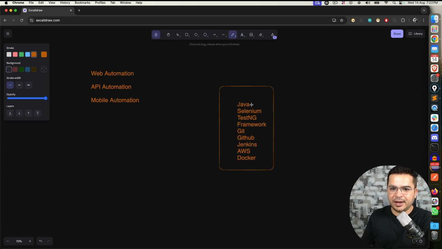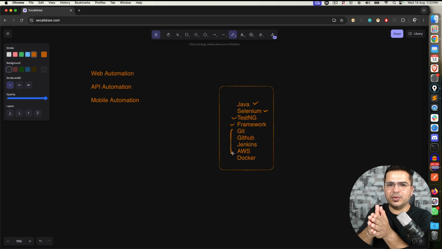So once you move to API, this will remain the same. This will change to Rest Assured. Your framework will change, but Git, GitHub, Jenkins, AWS will remain the same. So when you switch from web to API, it will be an easier transition. You will be able to connect most of the things. So as a fresher or someone who is completely new to automation, start with web automation, then move to API. At the last, you keep mobile automation. Web and API, both are mandatory. There's no optional skill. You need to learn both, create a roadmap and learn both. But in terms of priority, web and API.